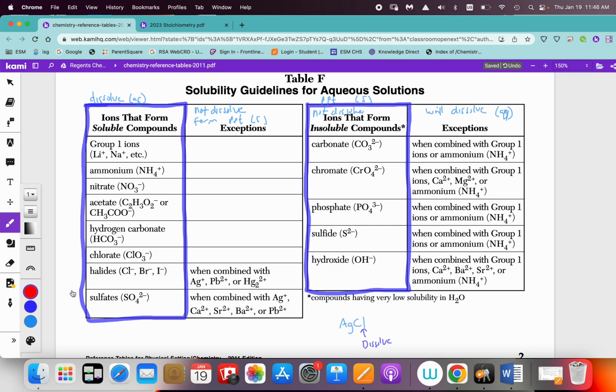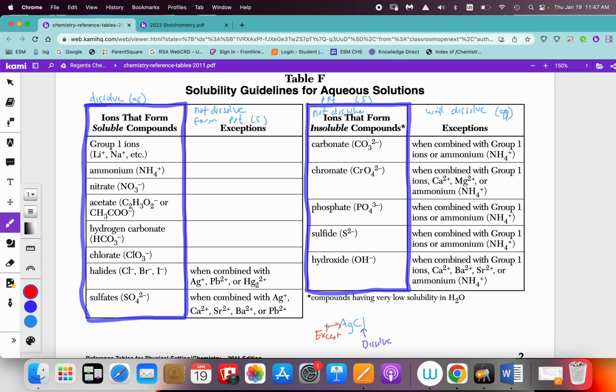Now I have to look at the partner. Because Cl is in this column, it forms typically soluble compounds. It dissolves. Now I have to look at the exceptions, and I have to see whatever Cl is bonded to, is it one of the exceptions? Well, it's bonded to Ag, and right here's Ag. So this is an exception